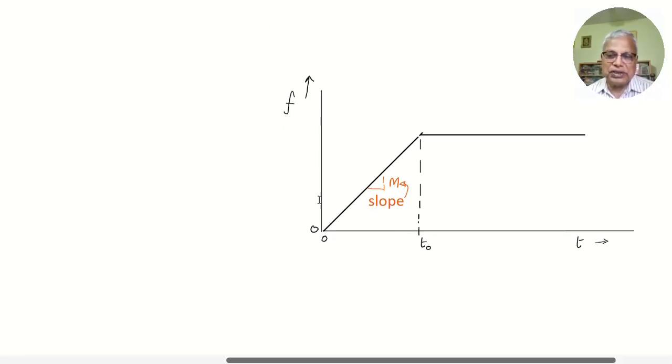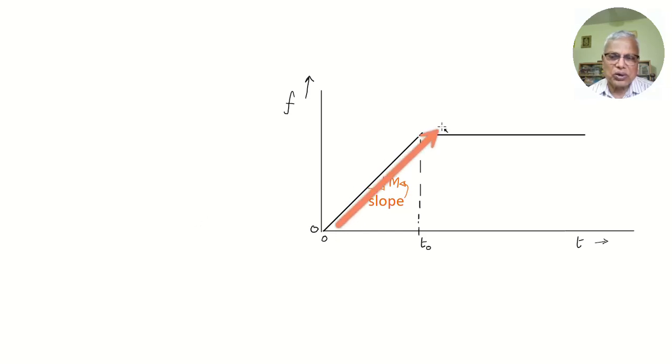For example, in this figure, if this line goes on continuously, it is a linear input. But here what happens is,